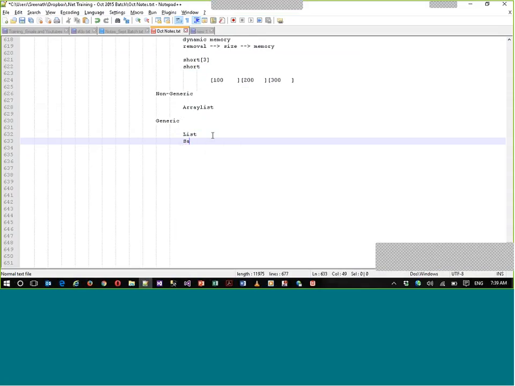So the next one, let's go ahead and see two very important generic collection items: stack and queue. So stack and queue come under generic collection items as data type restriction is there, because we use stack and queue for specific functionalities. These two contain special methods to follow some patterns.